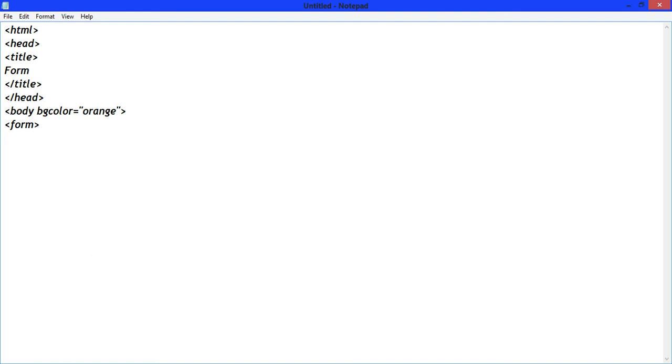Now write subject. Write here input type equals to checkbox.